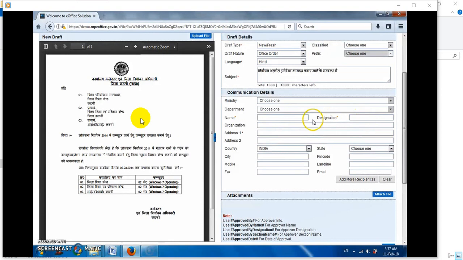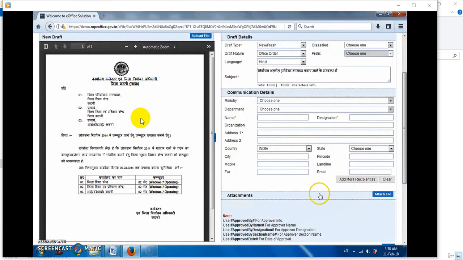Like here in the order, we write designations and not names, so we write in the designation field. There is no need to fill the name field, that is, who is the head of the DPC or ITI office. In some cases an order may be issued by names, then we may write in the name field, and we can write in both fields also. So I write designation and address and click on the add more recipients button, right? You can add any number of recipients, but one by one only. So I write the DPC office details, then add recipients, then the ITI office, and so on.